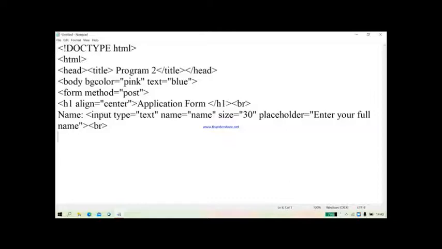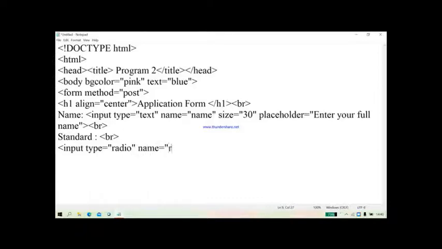Then standard 11th or 12th, only one selection. So here I am writing standard. Now for single selection you will use the radio button, that is either 11th or 12th. So here the input tag is used, that is input type is equal to, now your control name will be radio because radio button is always used for the single selection.